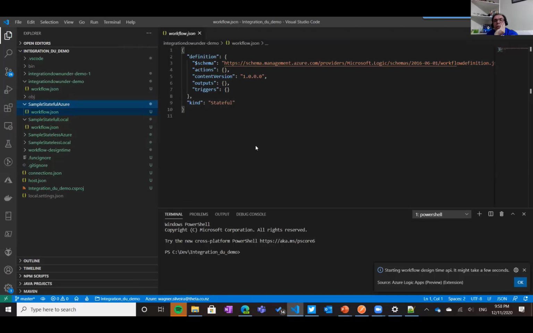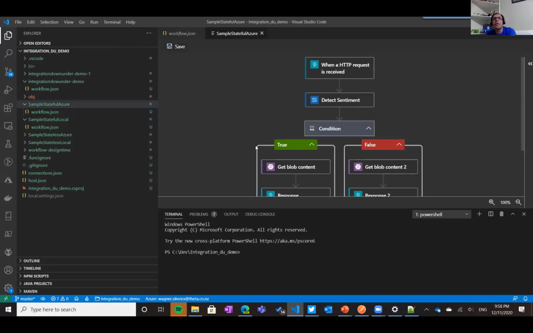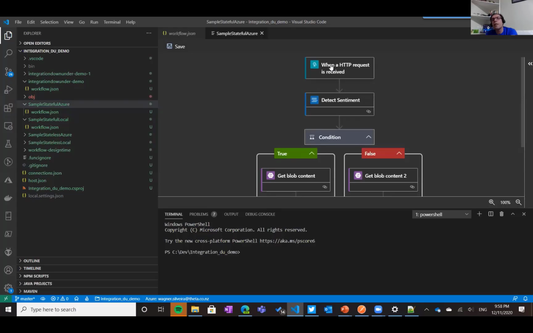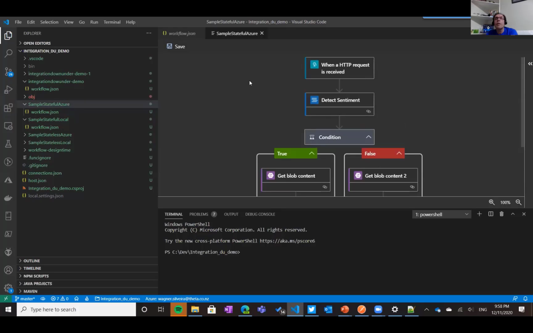Just wait a little bit. It's coming. There we go. So I send a comment. I detect sentiment. Depending on the sentiment, it gets a blob and responds, right? So if we run that one,